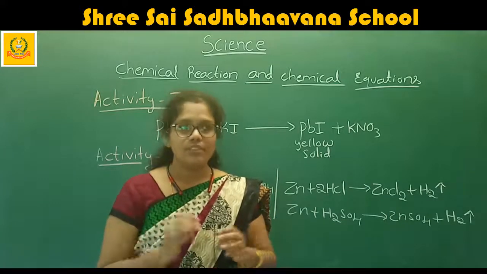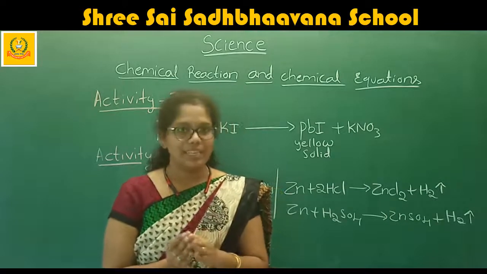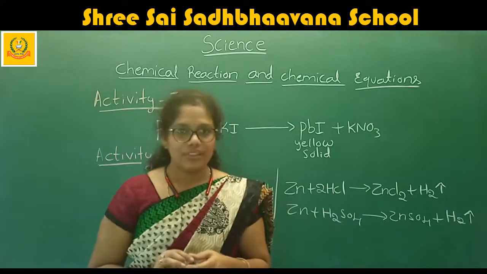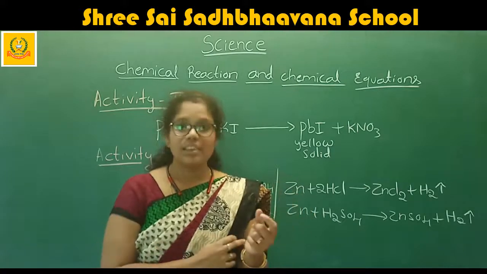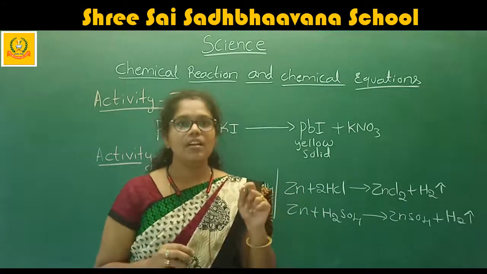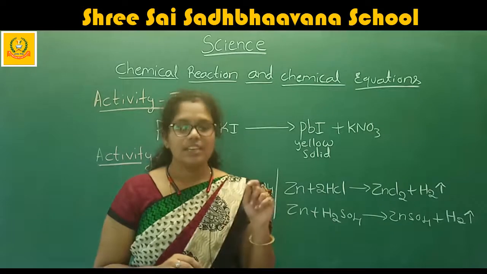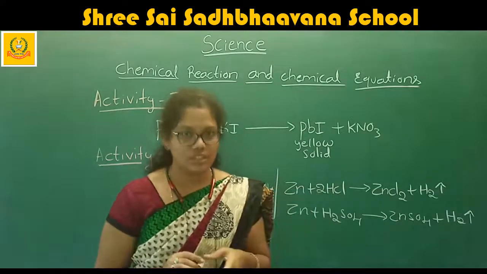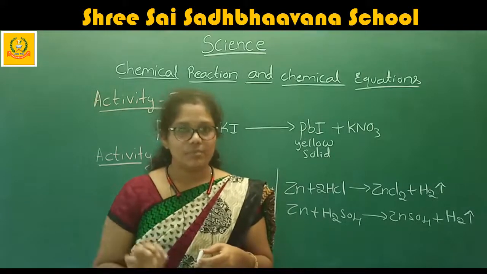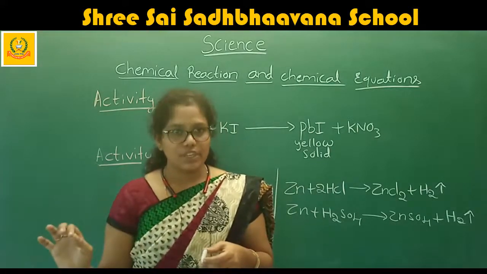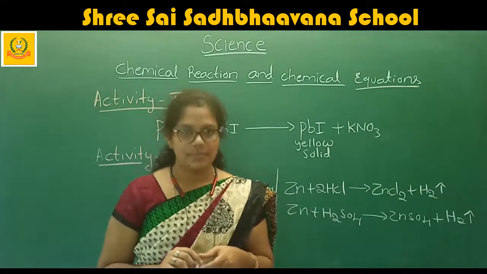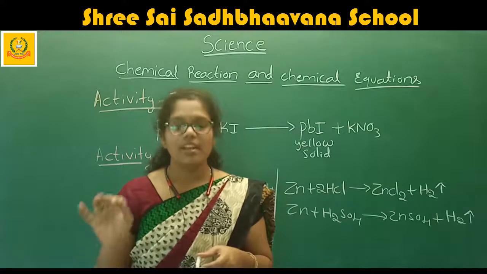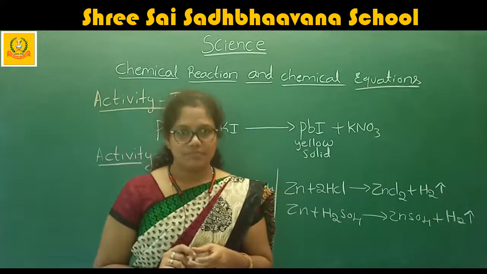After knowing the definition of the chemical equation, you already know what the word equation and the skeleton equation are. The word equation means representation of the elements by words. The representation of the elements by words is known as the word equation. And what is the skeleton equation? Representation of the equation by using symbols. The representation of the equation by symbols is known as the skeleton equation.